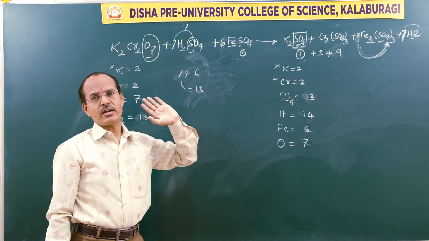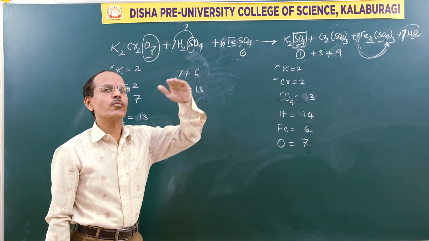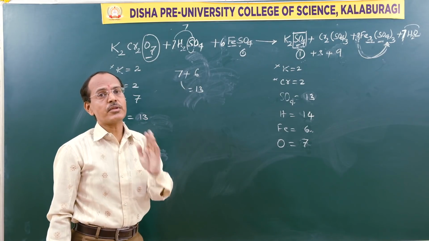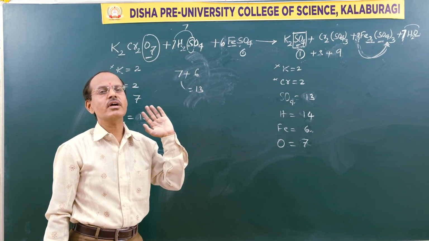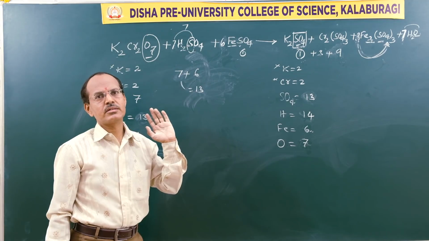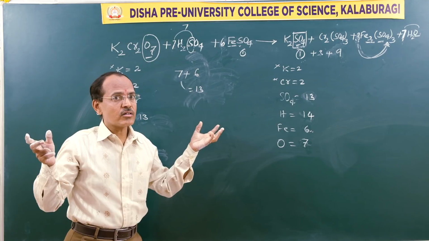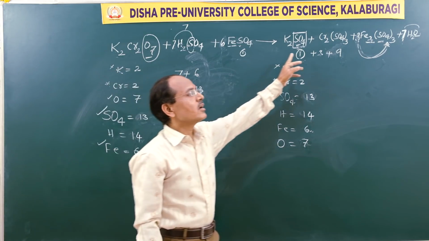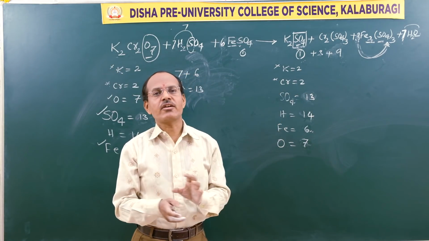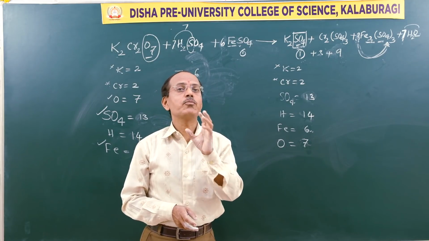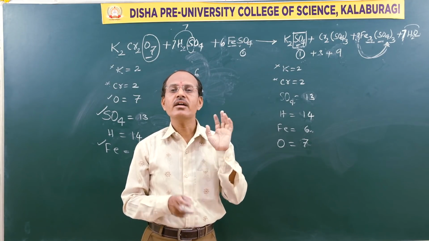So this is how, that means by taking first those atoms which are present on only one side, based on that you just start with minimum numbers. Then you can go for the maximum number. And while balancing you should concentrate on all the components, that means in multiple directions. Then only you are in a position to balance the equation.